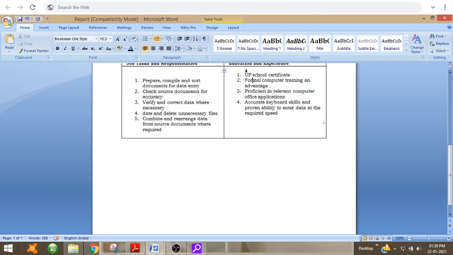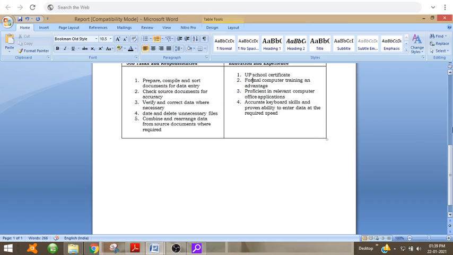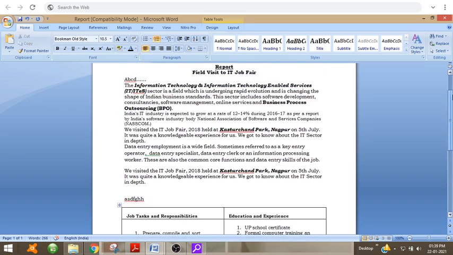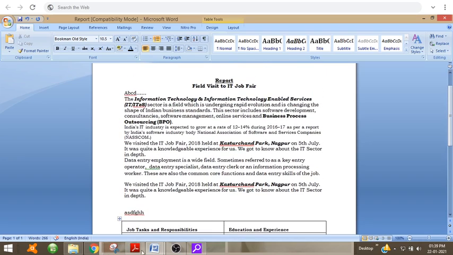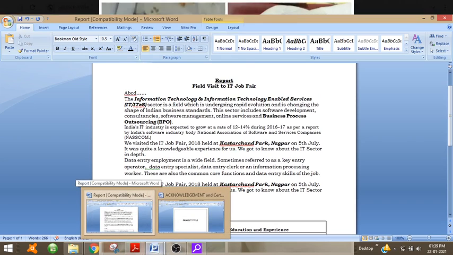So it is being replaced by UP. High school has been replaced by UP school certificate. Now if there are so many words with high, then all the words will be replaced by the word that is given in the Replace text box.